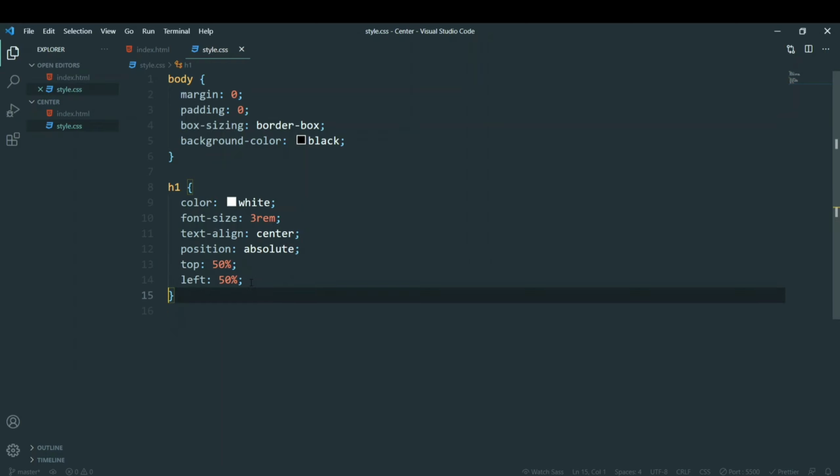It's pretty basic. Now if you check out, you can see what we wanted has not happened, and the text is lying somewhere here, which is not 50% at all. Why did this happen? Because when you apply top 50%, it moves from the top 50%, but it does not place that element at the 50th percent. So it places the element below that 50%. And same happens with the left. It moves 50% from the left and then the element starts. When the 50% value is done, after that the element starts.